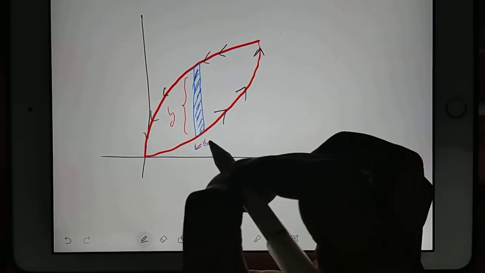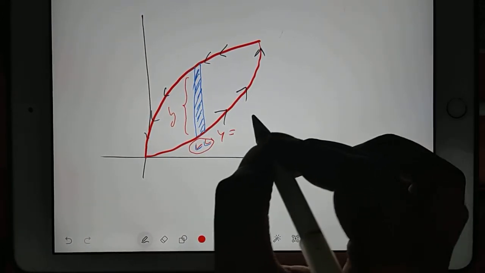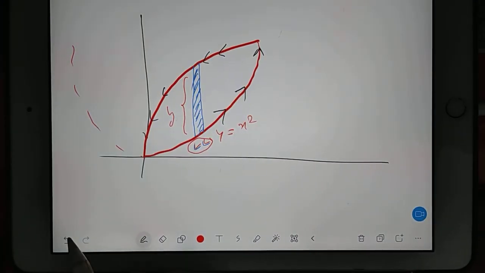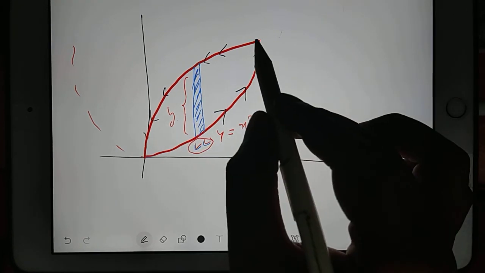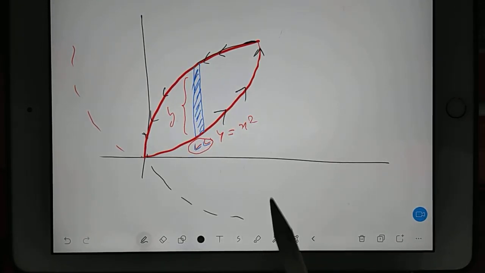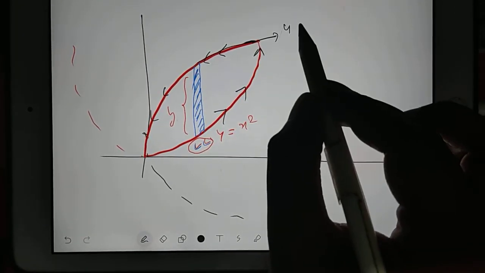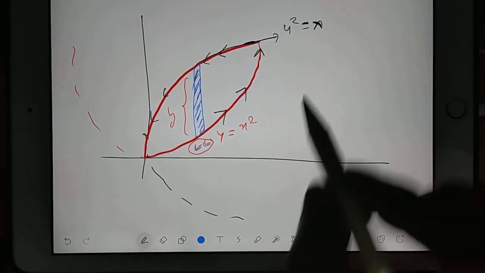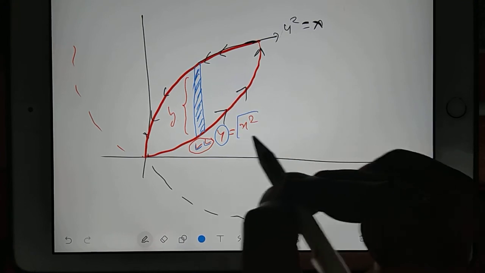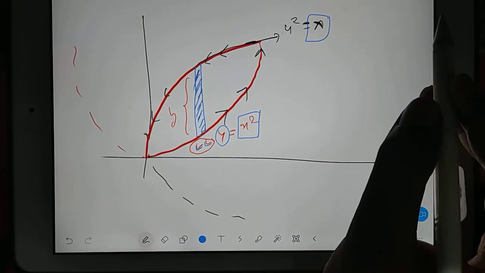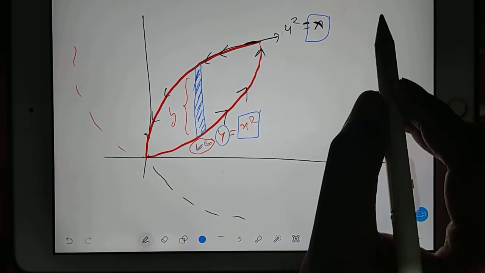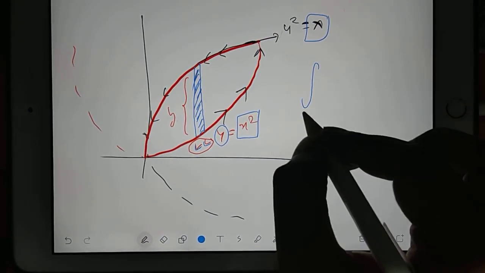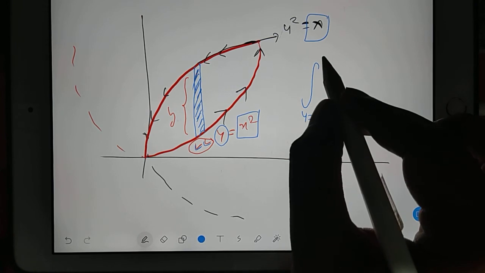So your y is going from this curve, that is nothing but y is equal to x square curve, because remaining part is here. Okay. And it is landing to which curve? It is landing to this curve. So remaining part of this curve is this. So equation of this curve is y square is equal to x. So your y is varying from x square value to x value. I mean root x value. Right? So when you will do the integration for y, you should do that from x square to y is equal to root x.